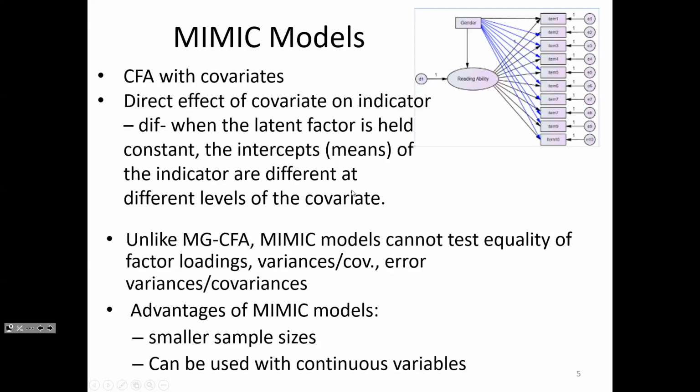They do both test the equality of intercepts, but what you don't get is a test of the loadings, because this model assumes equality of loadings without explicitly testing it. So it is like testing a scalar model without being able to check that you've got metric equivalence first, which is why you can see that's not optimal, right?